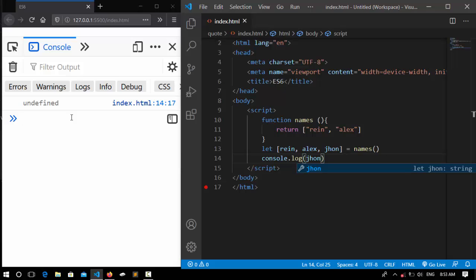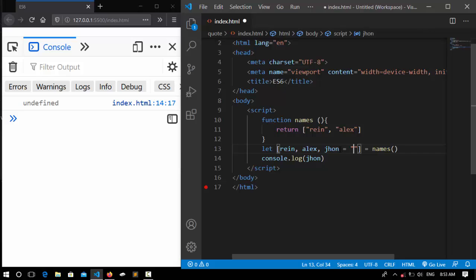So how can we handle it so we get no undefined? We can set a default value to it. So how can we set a default value to it? Just simply come here, put an assignment operator, and declare a default value for it. For example, I pass John here. Now if I save it,